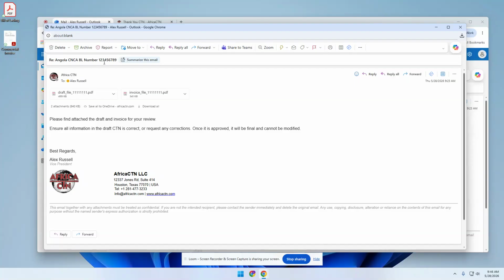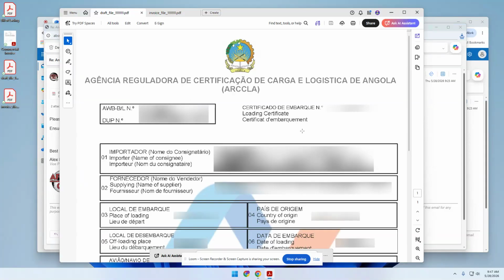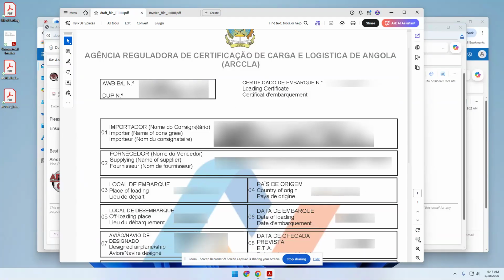This will come in an email and it'll have your bill of lading number in the subject line. You will receive two documents. You're going to receive the draft and the invoice. So we will download those. Okay, now that we received our draft and invoice and we've downloaded it, next step is going to be to